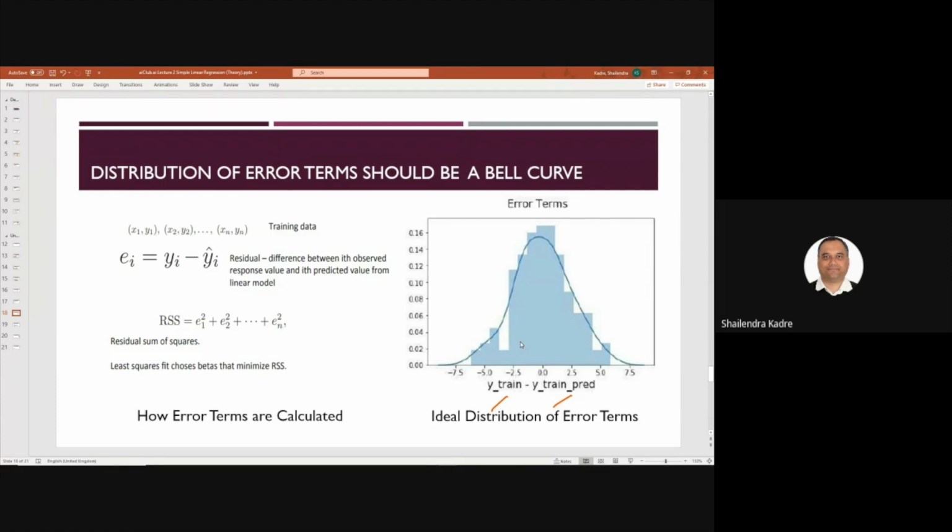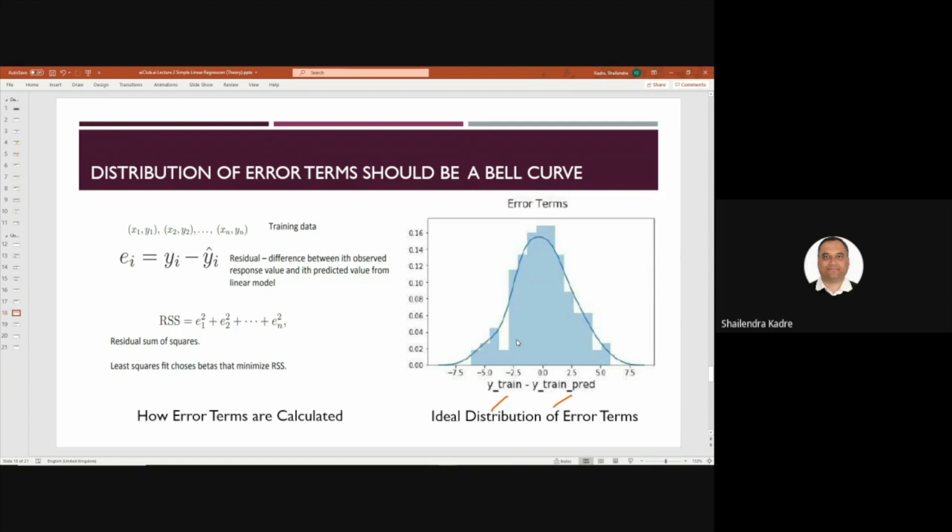If somebody tells, it means they remember their high school statistics very well. Can anybody tell what is there on the y-axis? What is 0.02, 0.06, 0.01, 0.16, 0.08? What are these values? The x-axis I have already explained to you. It is the error term. But what is the y-axis? It is not the frequency, it is the probability. Probability density, like probability of finding